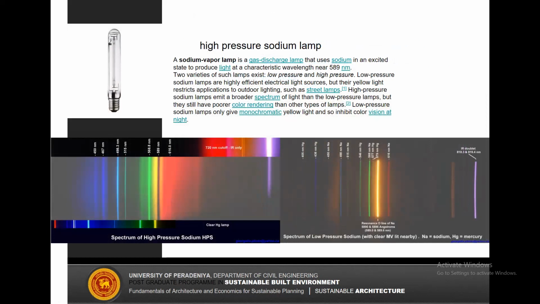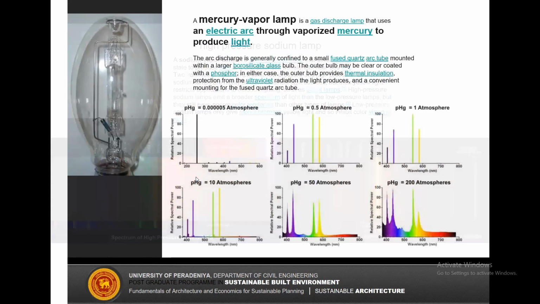Then there's the high pressure sodium lamp. Now this is the bulb, and inside that there's a tube like that. Inside this tube is where this discharge happens, and the sodium is inside this tiny tube. If you increase the pressure inside this tube, the spectrum gets a little bit improved. And then we see in the market